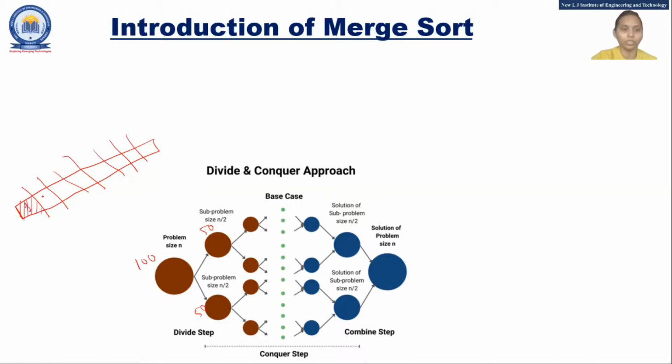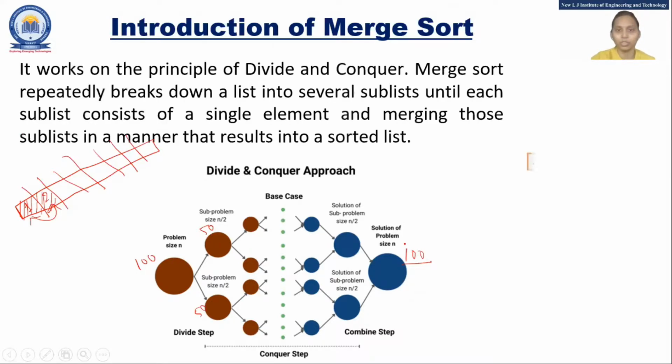Now this is an individual number, and this is also one individual number. So now it is easy to compare whether they are in the right order or not. If these two numbers are not in the right order, you can swap their places. This way, small merging is possible, and at the end, what you get is a list of size 100 which is in sorted format. So this is the mechanism used in merge sort.